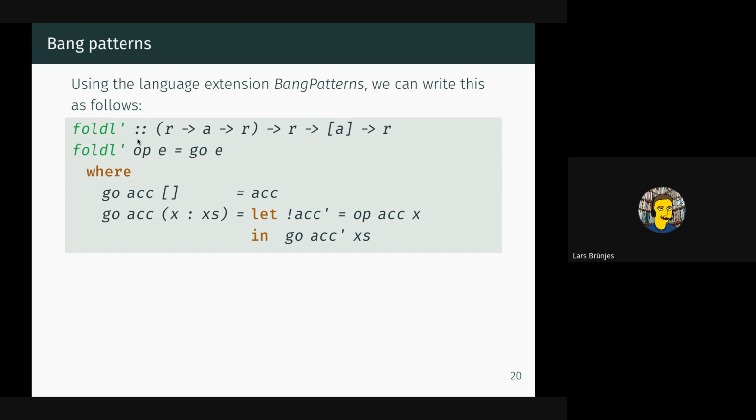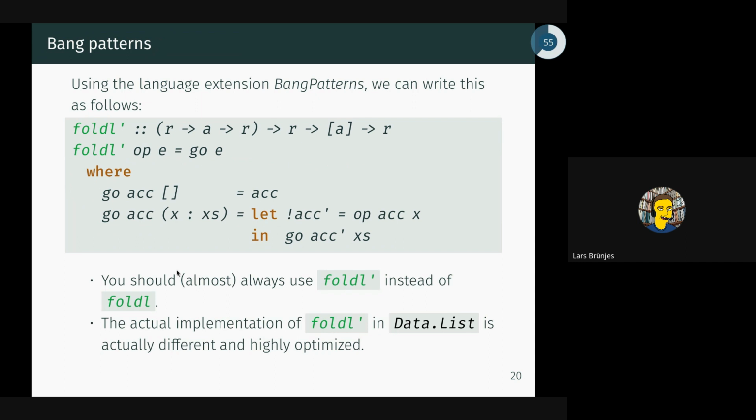And this is fold L prime, and that is basically the sum uses why it's better. And there is a rule of thumb to never ever use fold L, always the prime version. There's actually a debate in the Haskell community whether there's ever a situation where fold L is better than fold L prime. And I think one of the people I admire most in the Haskell community, Duncan, who also